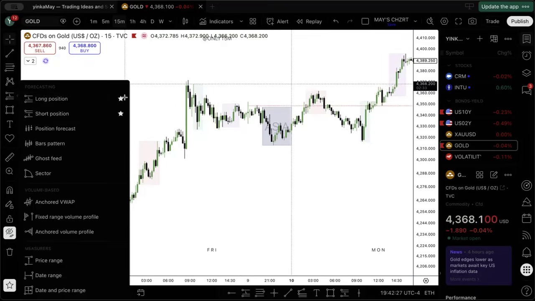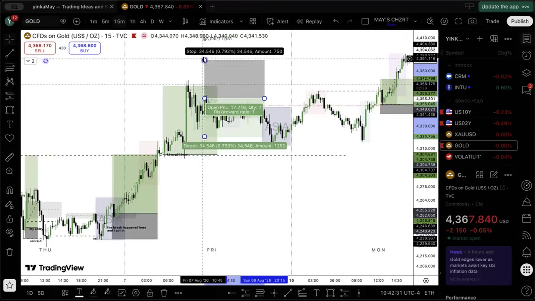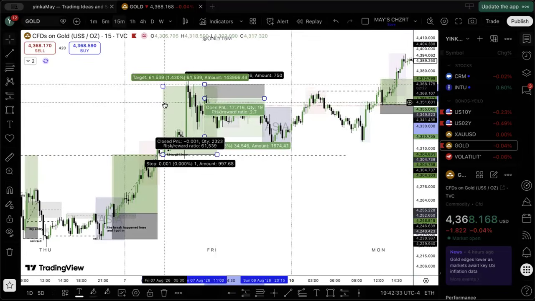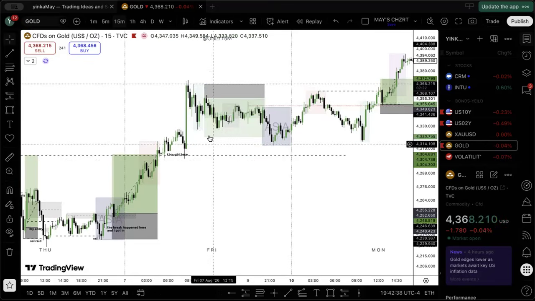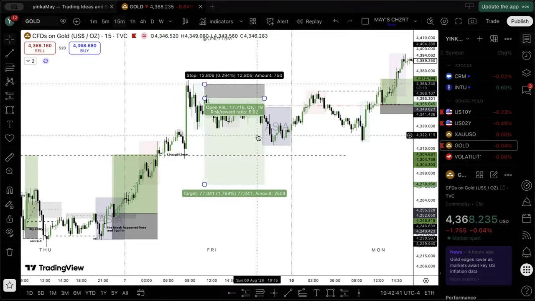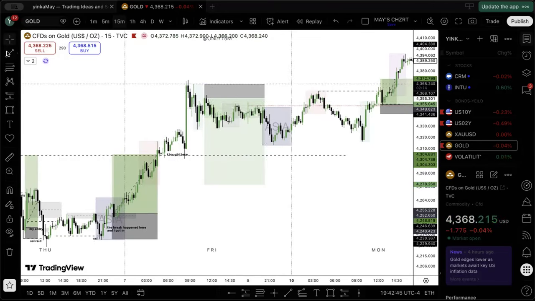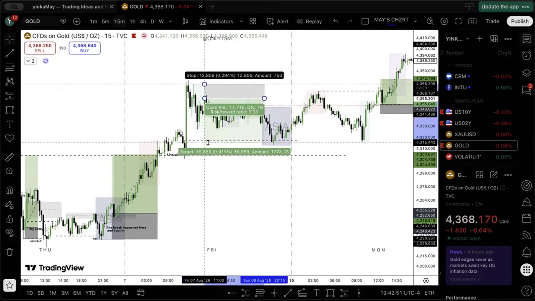We can sell this move from this OB right here, and then we have a stop loss here. I will take out these other ones, and maybe we are expecting London's low. So that would have been a trade for a 1 to 5. What I want you to see here is that this trade delivered a 1 to 3.